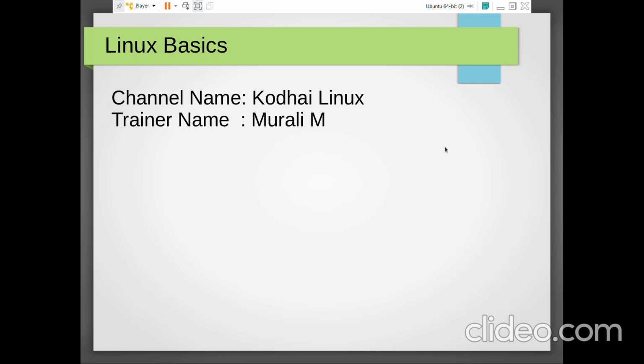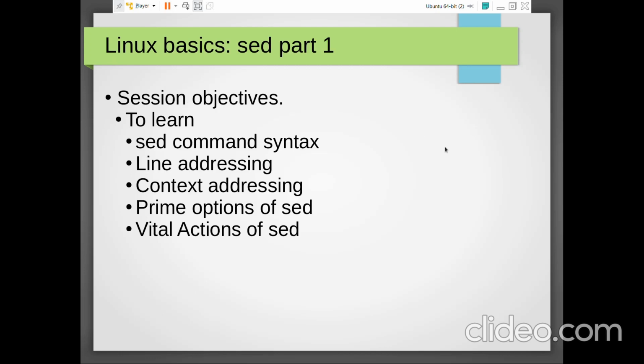This session we are going to learn about SED. SED stands for Stream Editor. It's a non-interactive editor. So as a part of SED part 1, we are going to learn SED command syntax